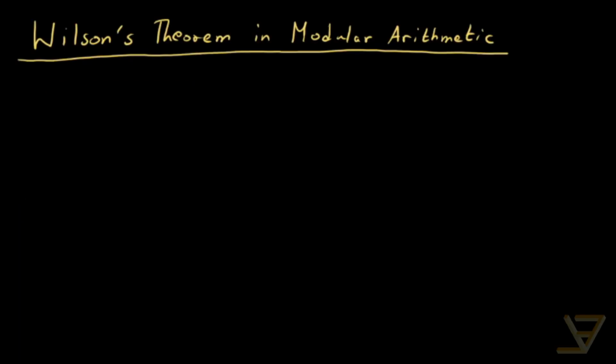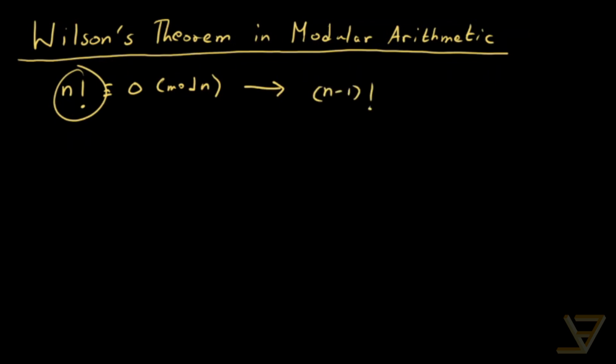Hi everyone, let's talk about Wilson's theorem in modular arithmetic. The general idea is that if we were to take n factorial, then it'd be congruent to 0 mod n, and that's because there's a factor of n over here. So next what we look at is n minus 1 factorial, and we want to look at what the residue